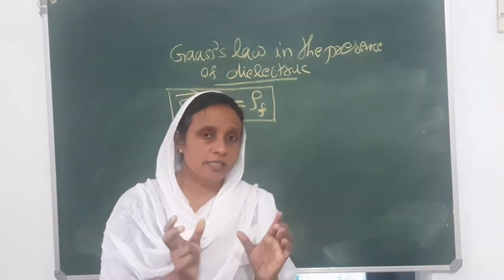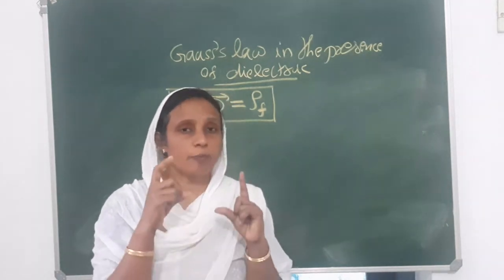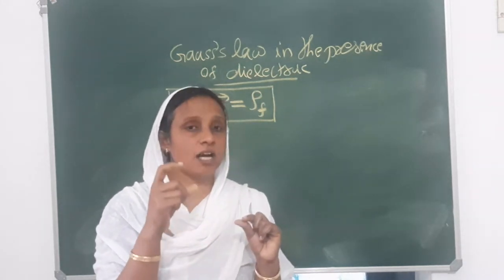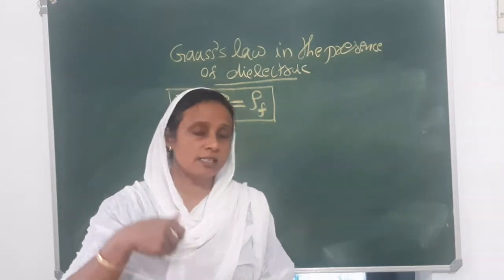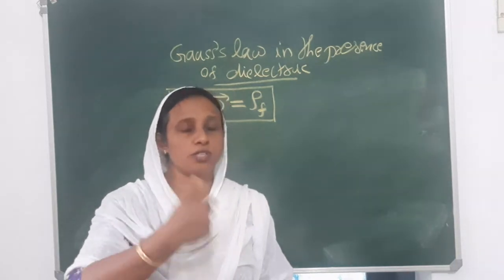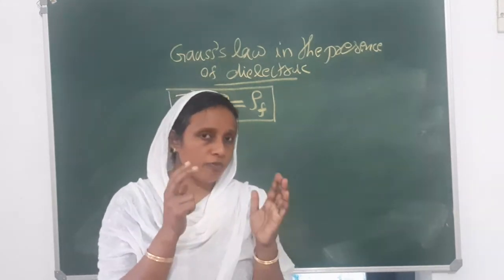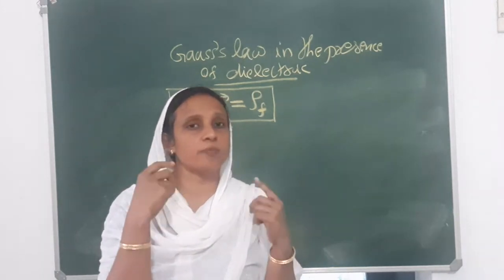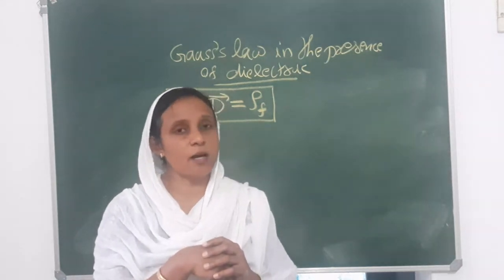Okay, that means the bound charge density rho B, the bound volume charge density, is a Dirac delta function on the surface of the polarized material. That means it falls off fast, nearest to the outside of the material, outside the dielectric material. So we represent this surface value of the volume charge density by the surface charge density sigma B.